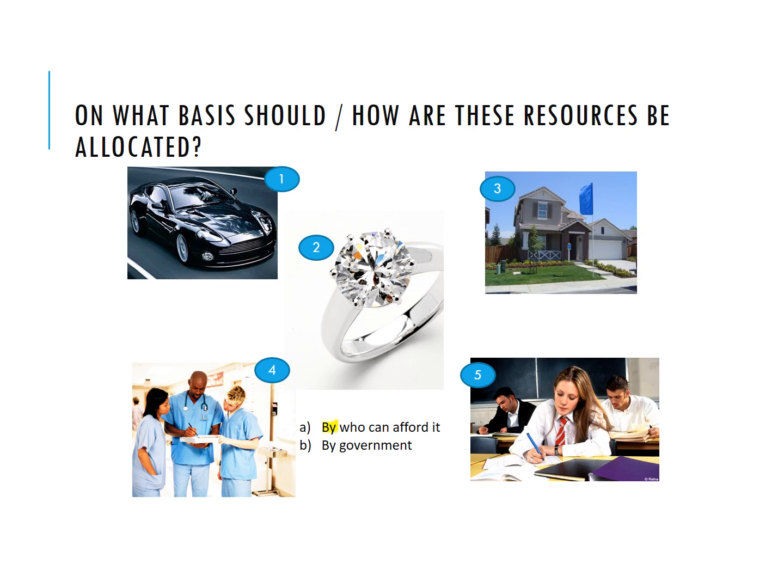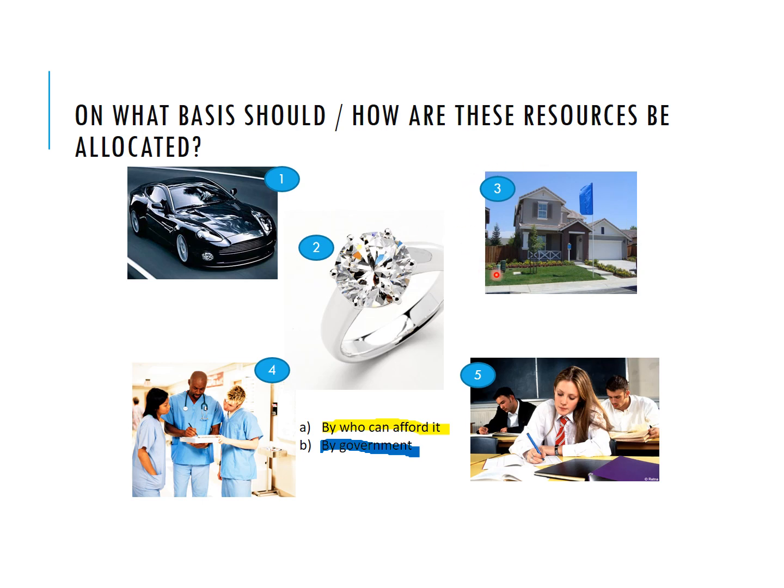Should we allocate them by who can afford it? Just say if you can pay the price of that particular thing, you can have it. Or should we be allocating it in a different way, perhaps by the government? Well, in most economies, things like fast cars are allocated by who can afford it. If you can afford the price of the fast car, then you get it. Likewise with diamond rings. But in some countries, you might make an argument that actually, who is it who really needs fast cars? Actually, it's people like perhaps doctors or the police, and therefore it shouldn't be who can afford it. It should be who needs it the most.